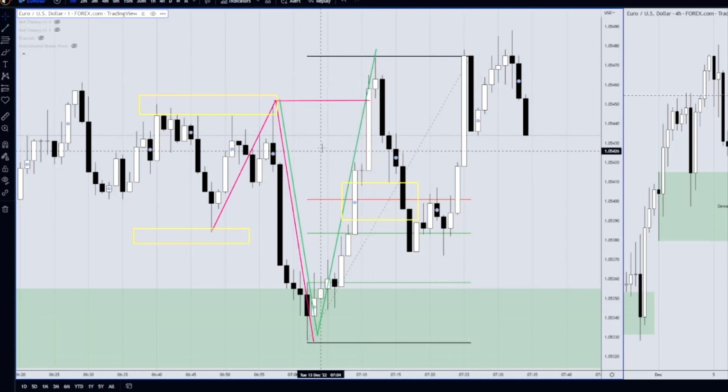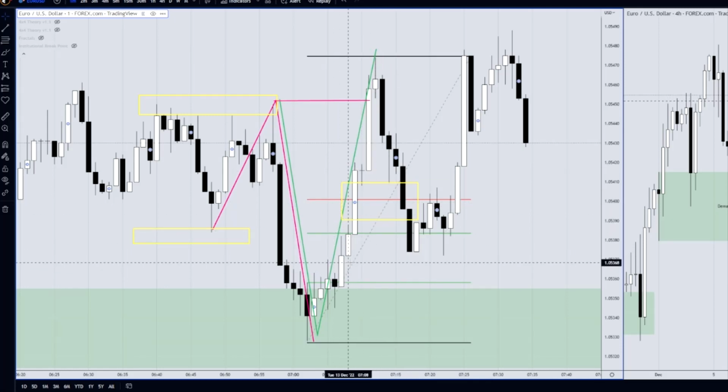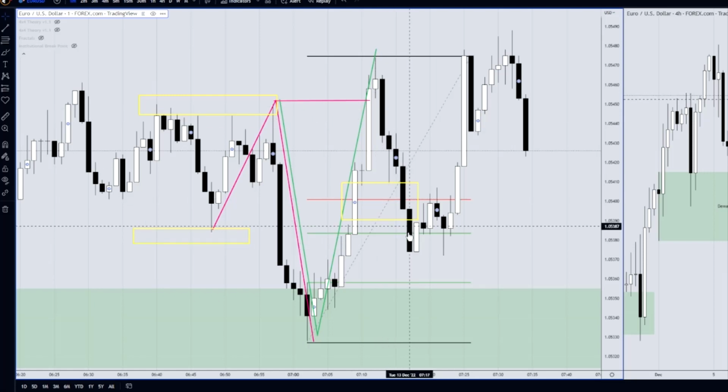We had the breakout, retracement back into an area of discount, and that's where the fair value gap was. So we do have another fair value gap down here, but I preferred this one because it was at that kind of 50% area, and price hadn't broken this high yet, so I hadn't confirmed the direction on that. But as it comes down to here,